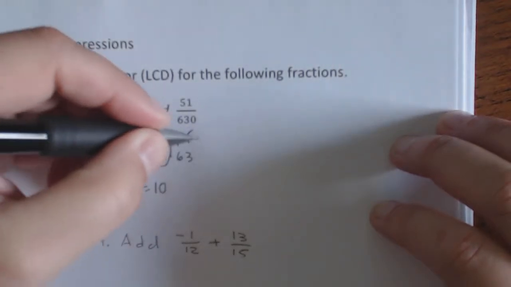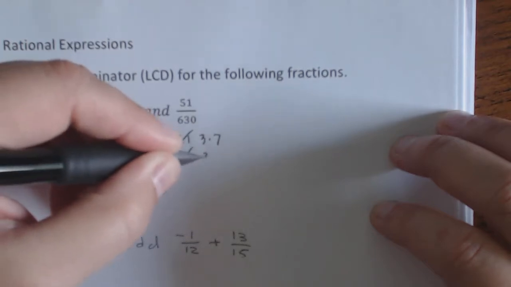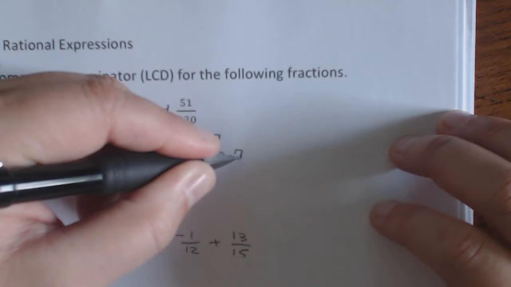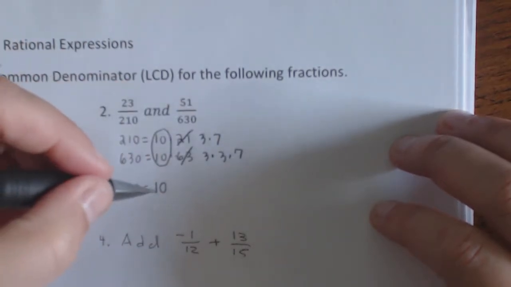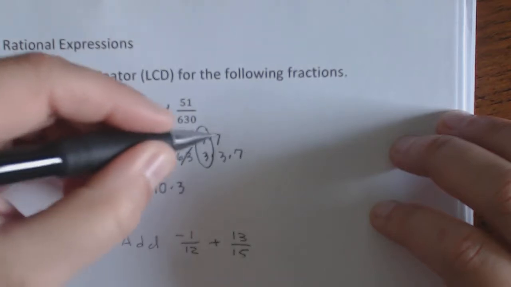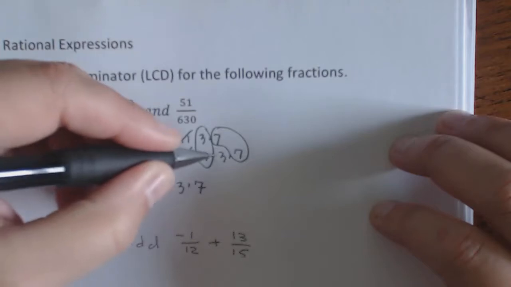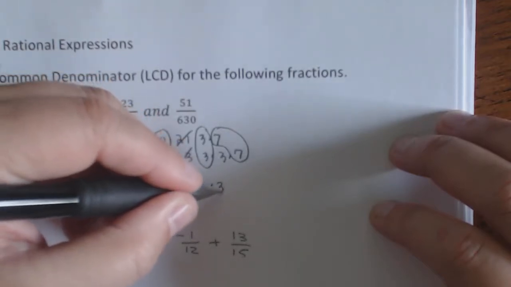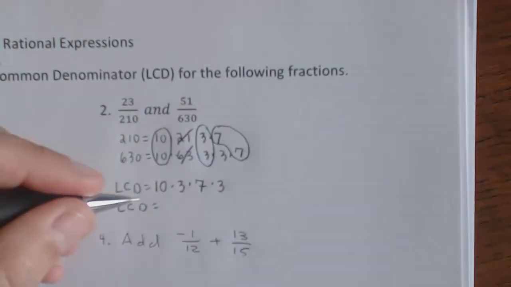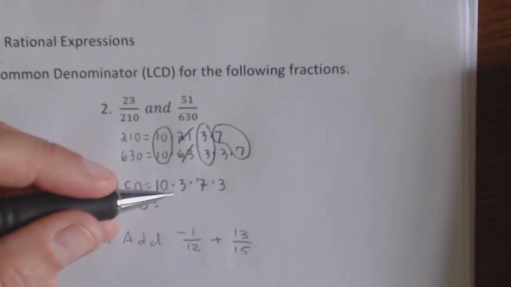And then 21 is 3 times 7, and 63 is 3 times 21, which is 3 times 7. So we've already written down the 10. We would need to write down a 3. They both have a 7, so we would write down the 7. And then 630 has a 3, so we would need to write that down. So the LCD for this one turns out to be 30 times 21, which is